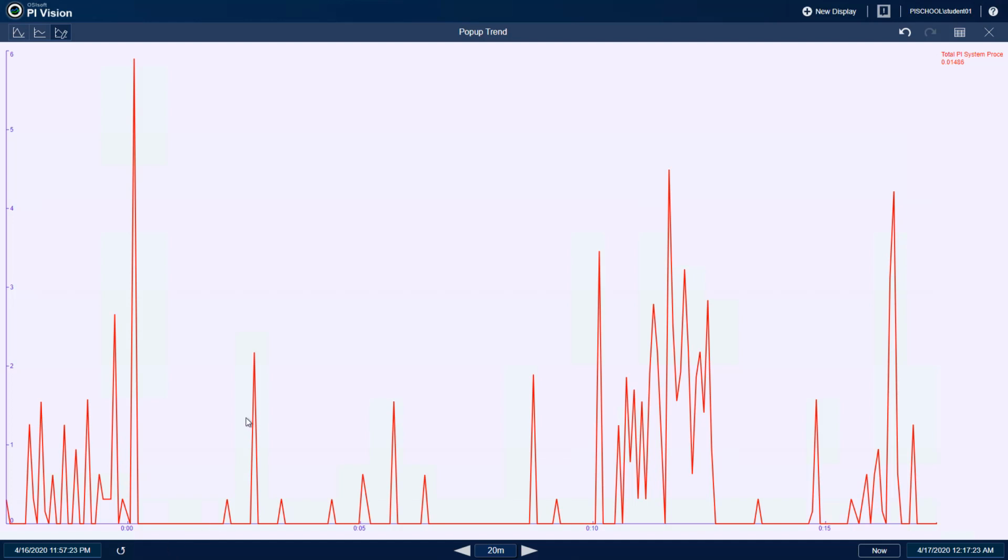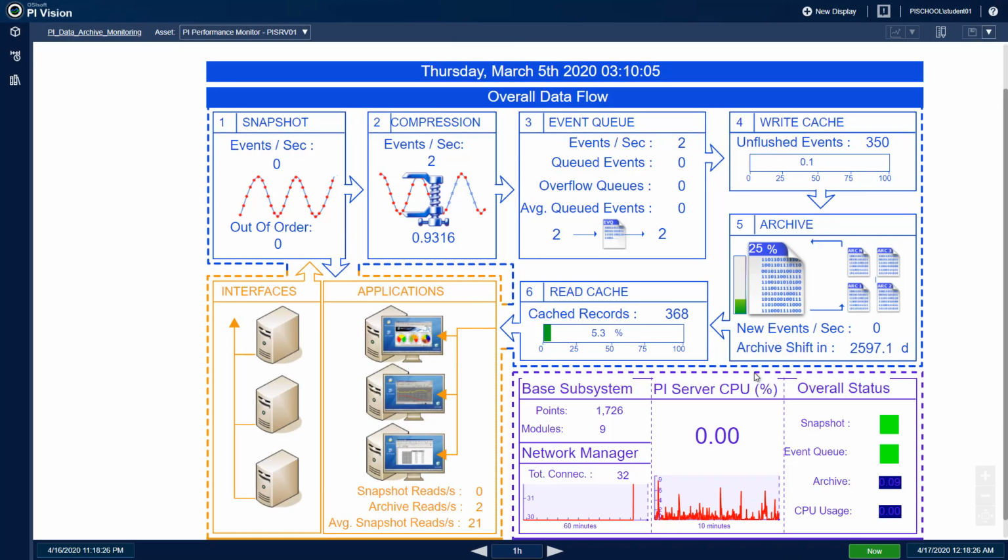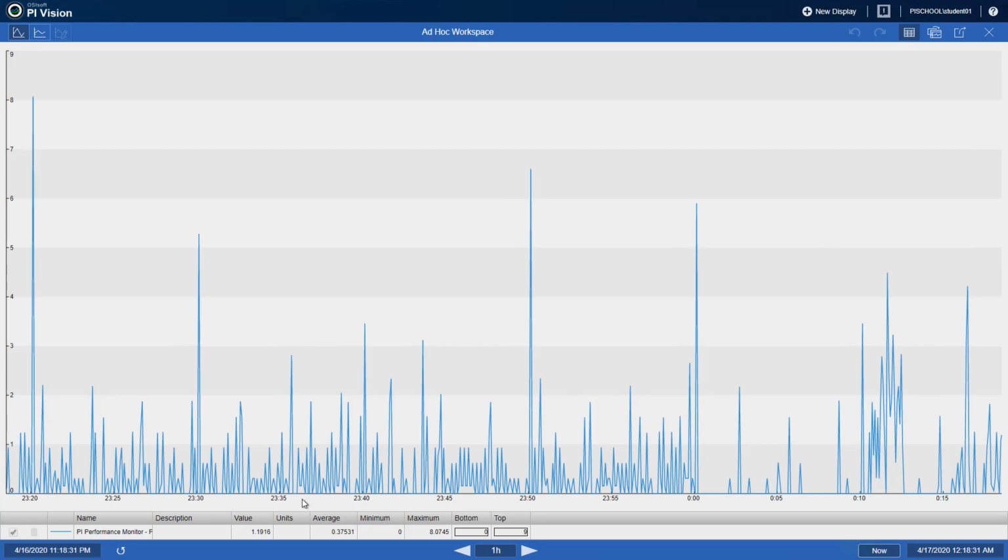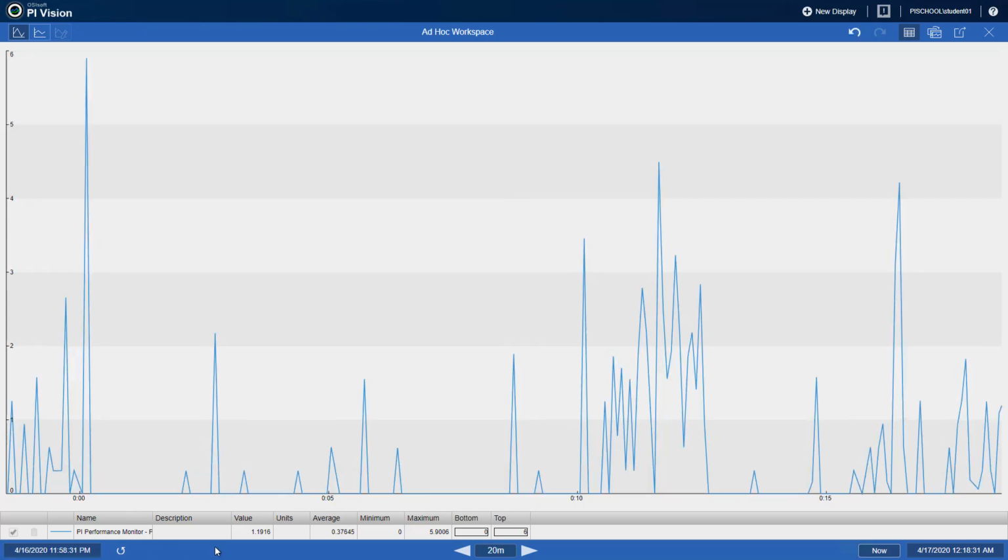And we can put a marker here to get a better estimate of the value with the timestamp of when that occurred. I'll close out of that trend, and if we wanted to see the exact max value instead of an approximation, we can right-click the trend and select Add Selection to Ad Hoc, and click Show Ad Hoc in the upper right to get another maximized trend along with summary statistics at the bottom. Again, we will need to change our time range to the last 20 minutes, and then we have the actual peak maximum, which is 5.9%.